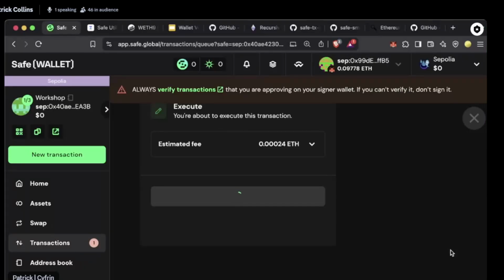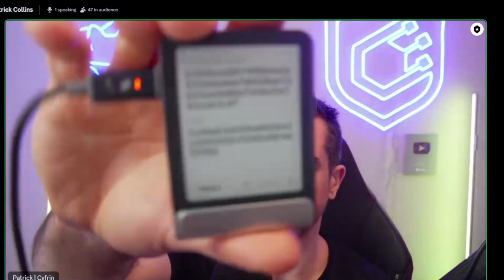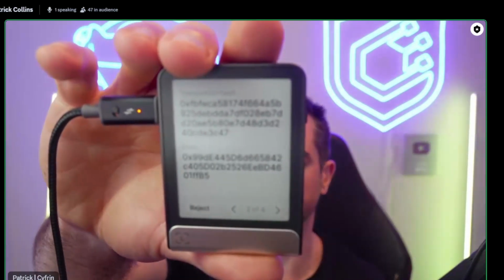On my device, once again, I get review transaction. And now I can review it like any other transaction, right? It'll give me the from, the transaction hash, exactly the same stuff that we'd see in our MetaMask, because now we're verifying the transaction. Obviously, what we want to verify is the network